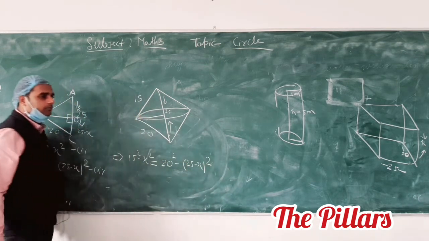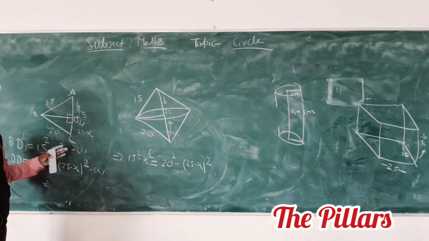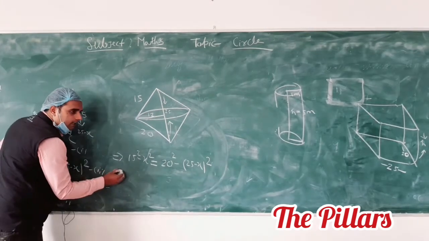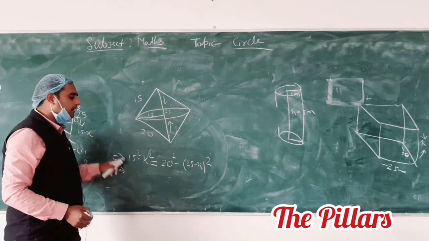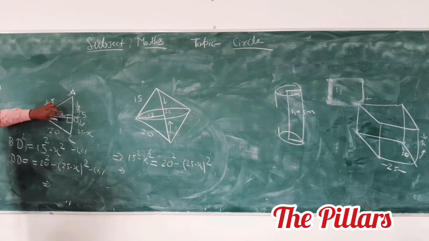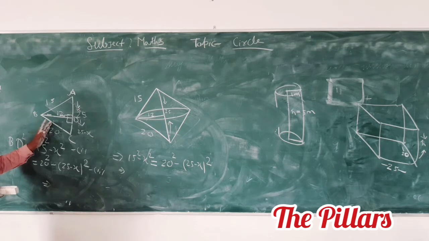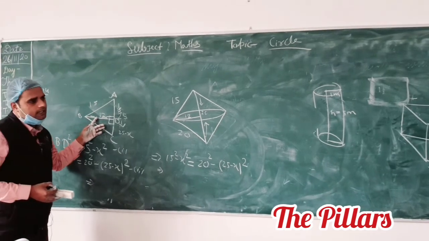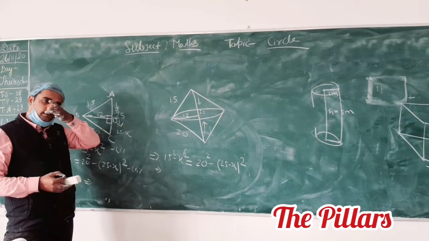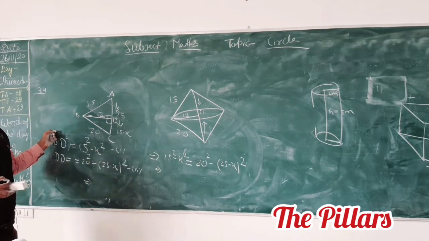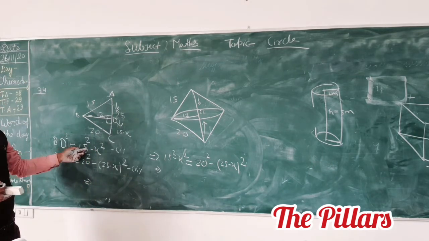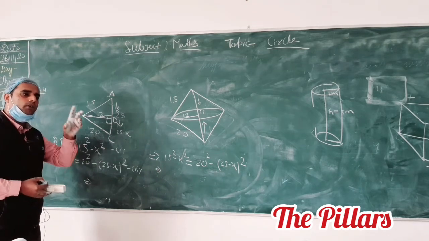Till here anyone have any problem? To find BD, you have to solve this equation. Otherwise, you can directly equate this area and this area, 1 by 2 base into height, and by this calculate the value of BD, which is 12. Second, apply Heron's formula to calculate the total area. This total area equals 1 by 2 base into height. Base is 25, and BD is 12. It means the value of x is 8.5. Then BD square equals 15 square minus 8.5 whole square.